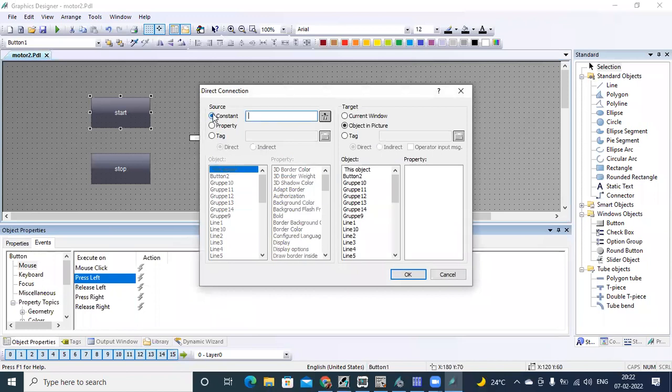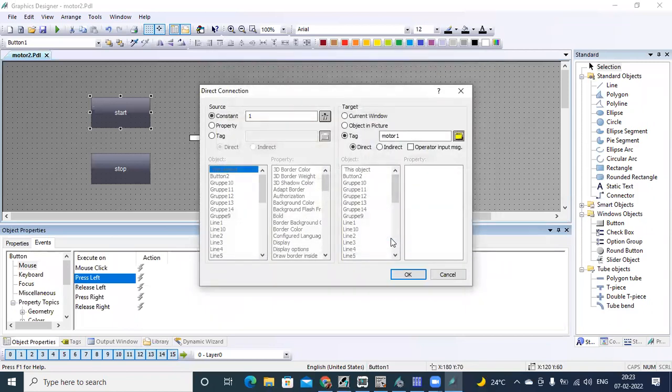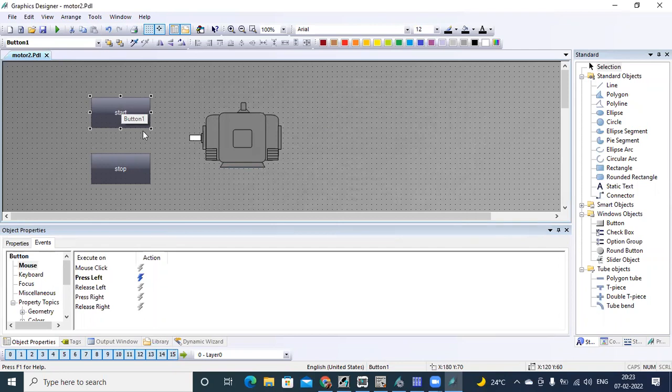Same source, there is a constant. What value do we give here? 1, because when we press start, it should move value 1 to our target, that is your tag. You can search the tag from here, browse. What is the tag we have created? Motor 1. That is your direct output tag. Say okay and okay. So when we press start, it will move 1 into that output tag.